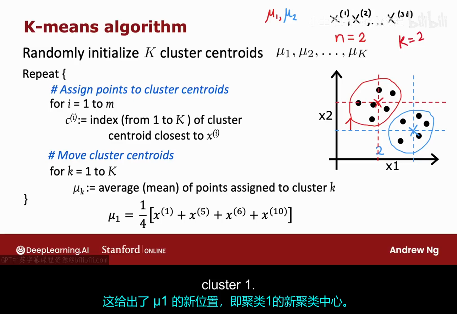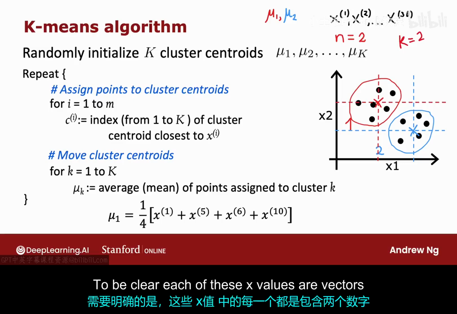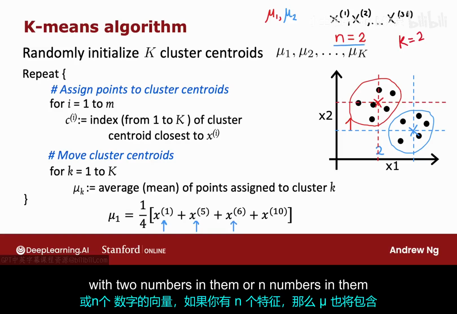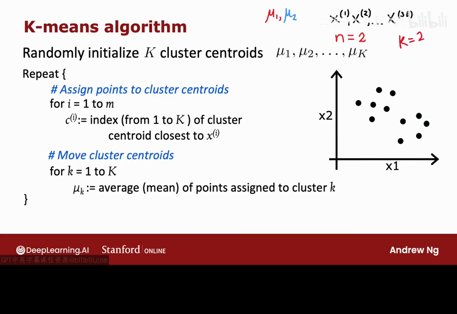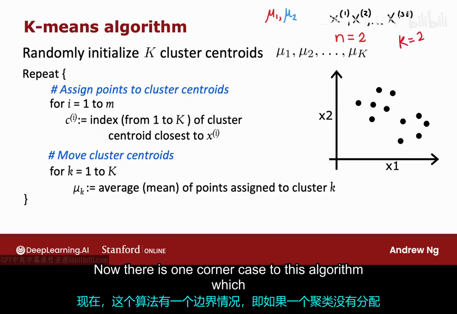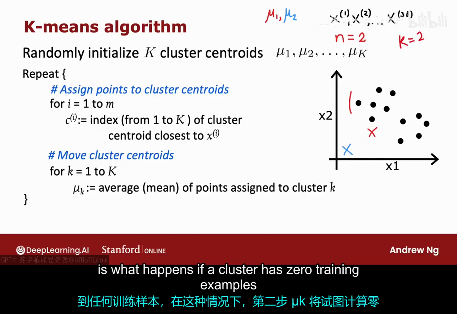centroid for cluster 1. To be clear, each of these x values are vectors with 2 numbers in them, or n numbers in them if you have n features. And so mu will also have 2 numbers in it, or n numbers in it if you have n features instead of 2. Now, there is one corner case to this algorithm, which is what happens if a cluster has